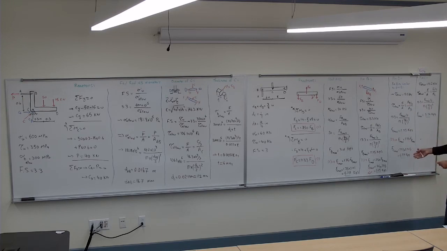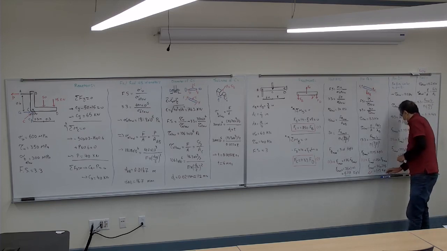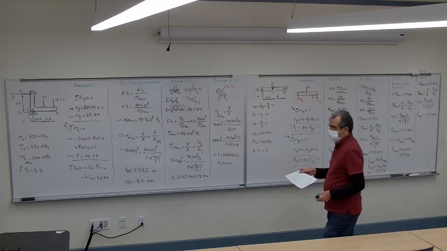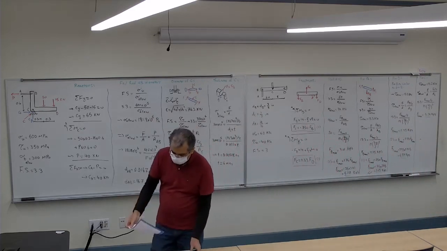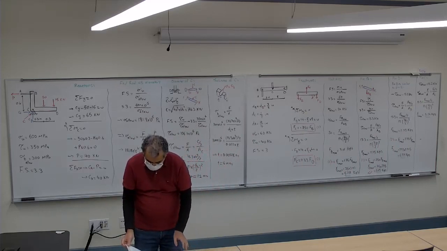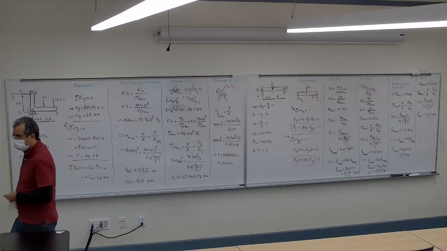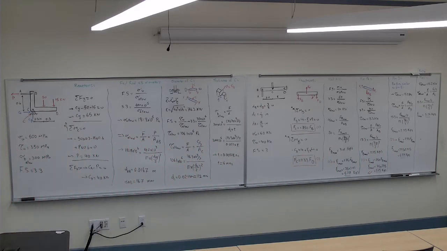So it means that if I go to any other of the values, it already breaks. So basically you have to check each member one by one to see that